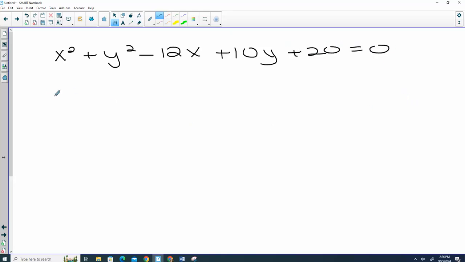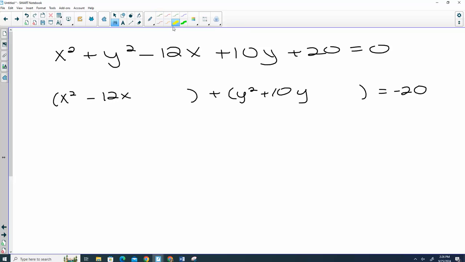Subtract the 20. And then remember we grouped the x's together because we're trying to see if we can write it like the equation of a circle. Okay, so then what did we do? Half of b, squared. Alright, we completed the square. So we took -12 divided by 2 and squared. -12 divided by 2 was -6. -6 squared is 36. But if you add 36 to one side,